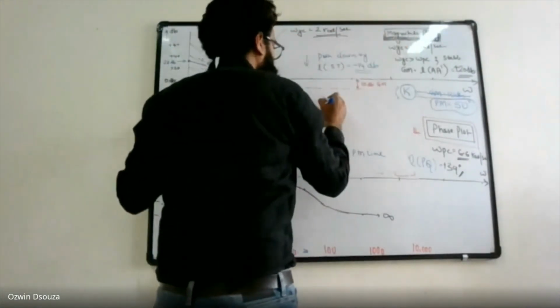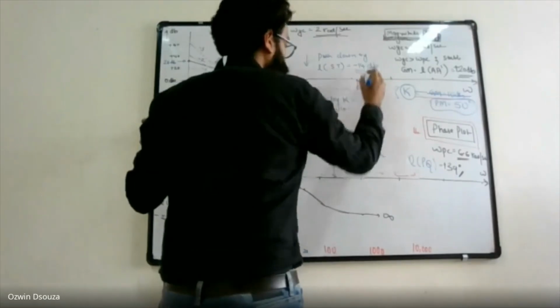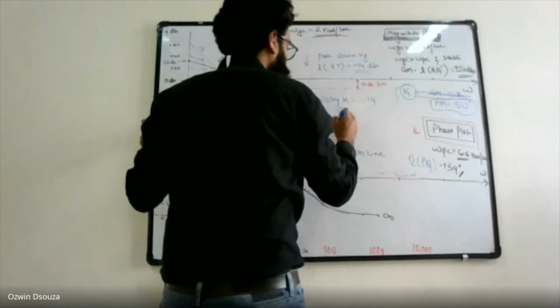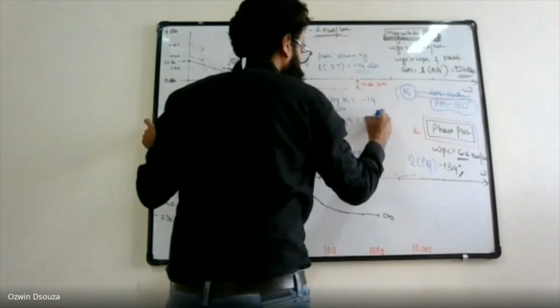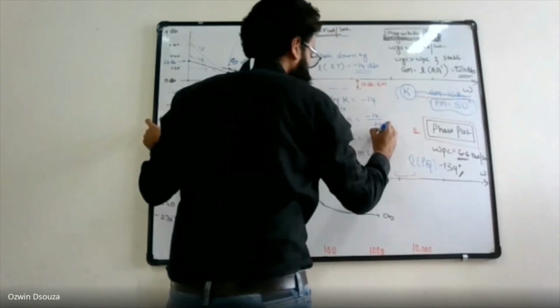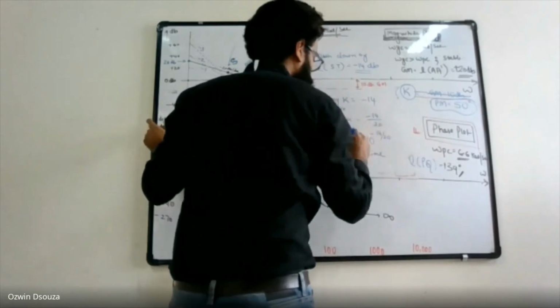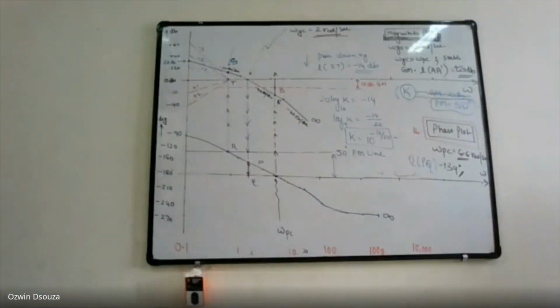You can find K by using the formula 20 log to the base 10 into K is equal to minus 14, or log K is equal to minus 14 by 20, or K is equal to 10 to the power minus 14 by 20. So 10 to the power minus 14 by